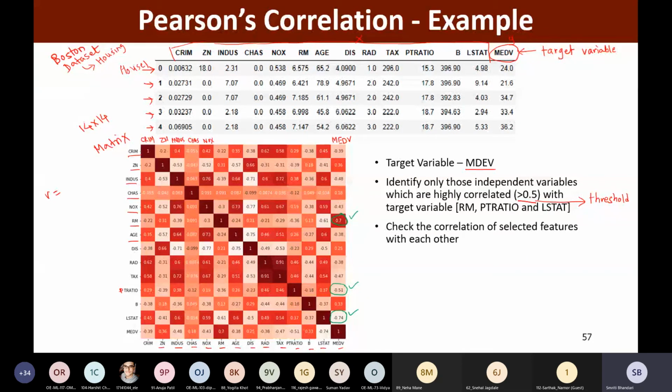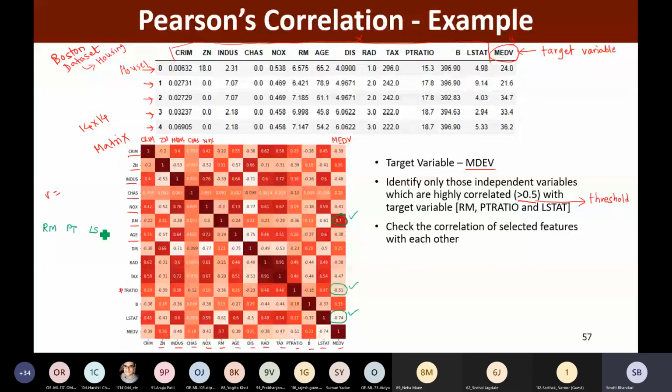So we have identified RM, PT ratio and LSTAT, these 3. So what we are going to do next is, for simplicity, I am just preparing one more matrix, RM, then PT ratio and LSTAT.